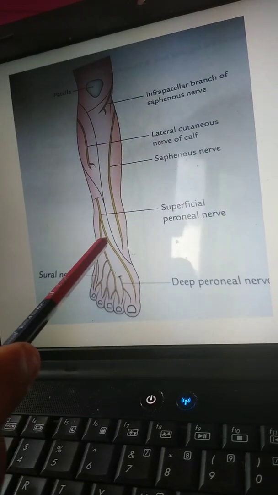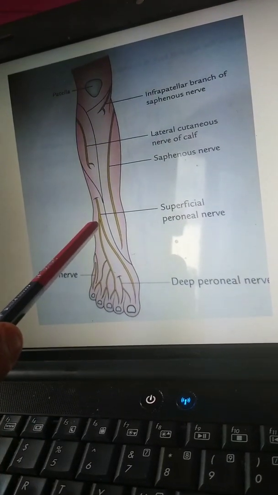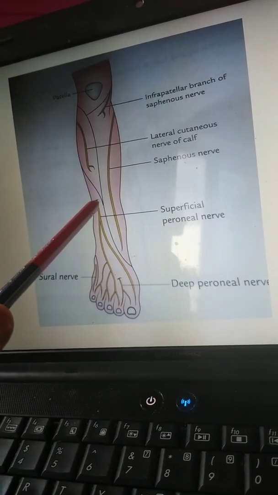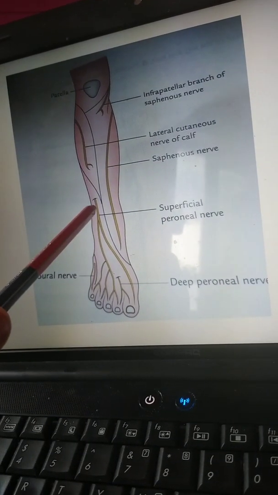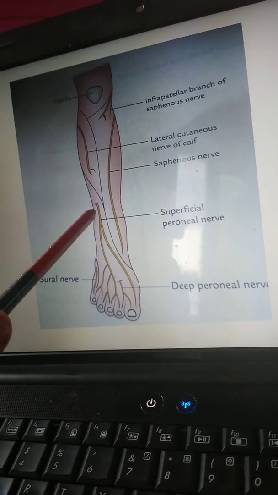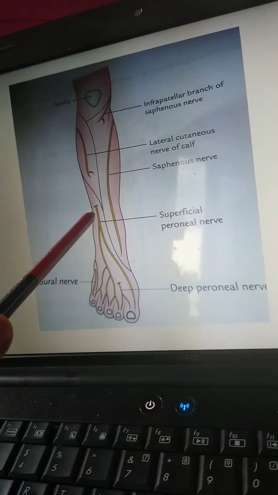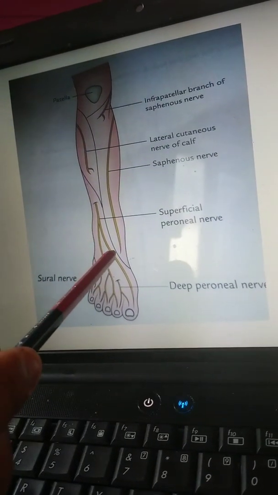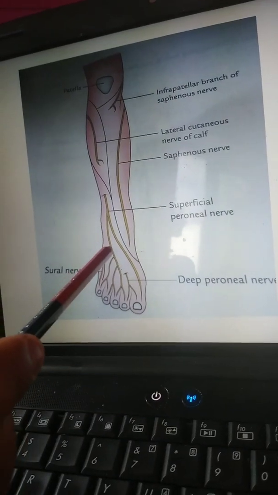Now, the superficial peroneal nerve arises from the common peroneal nerve on the lateral side of the neck of the fibula. It pierces the deep fascia at the junction of the upper 2/3 and lower 1/3 of the lateral side of the leg and divides into medial and lateral